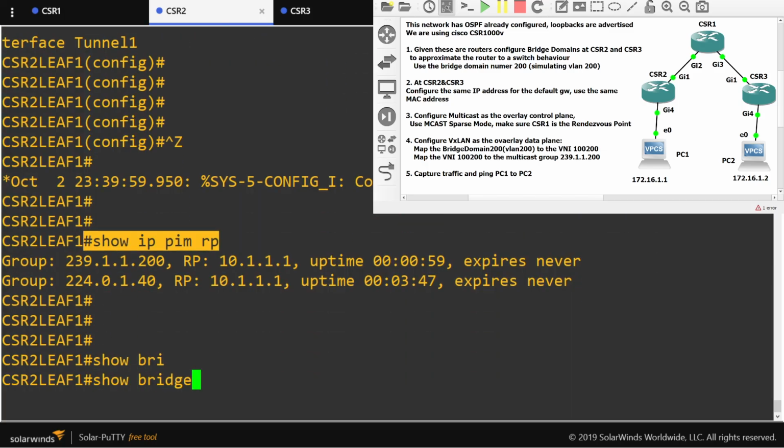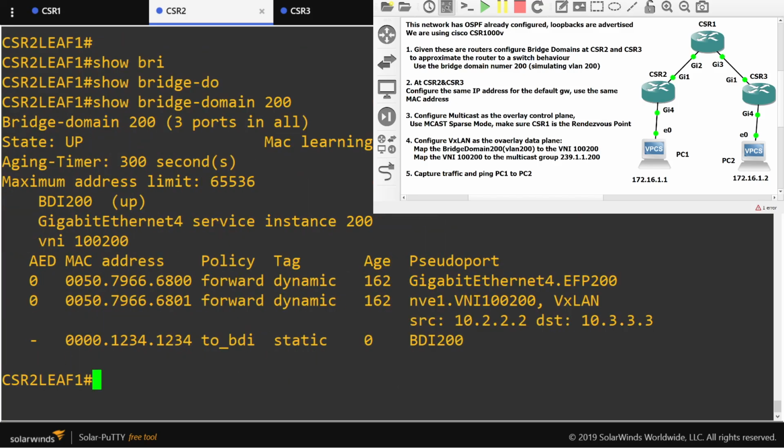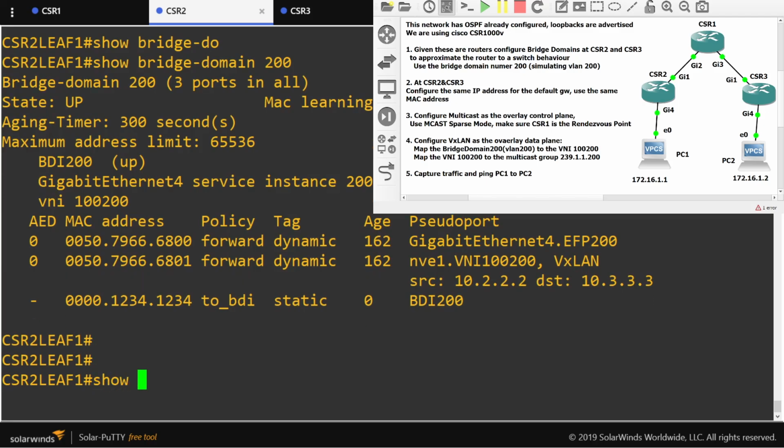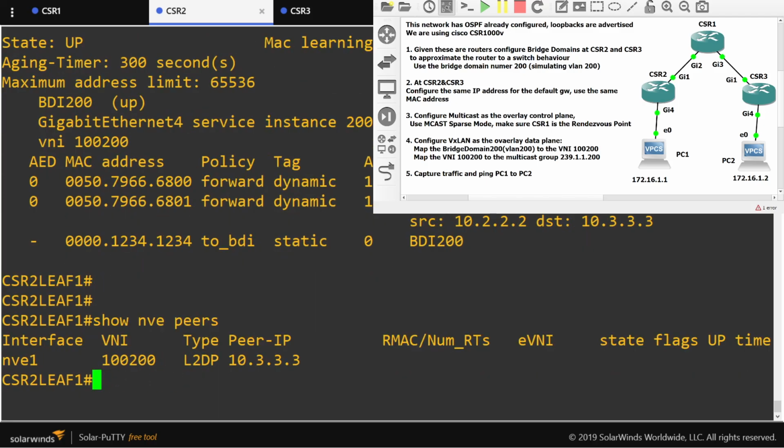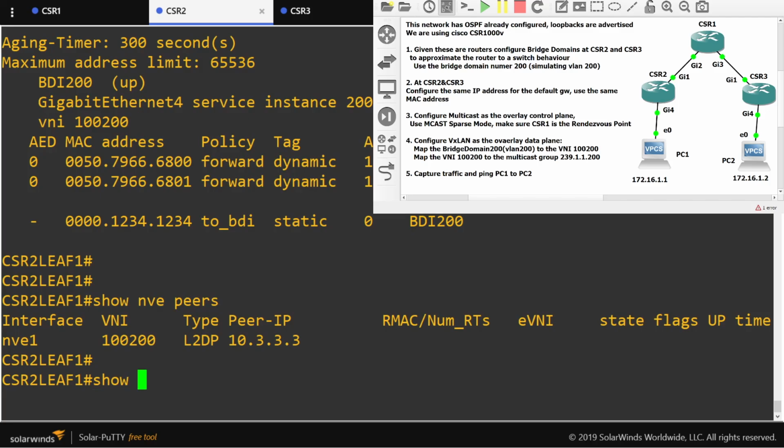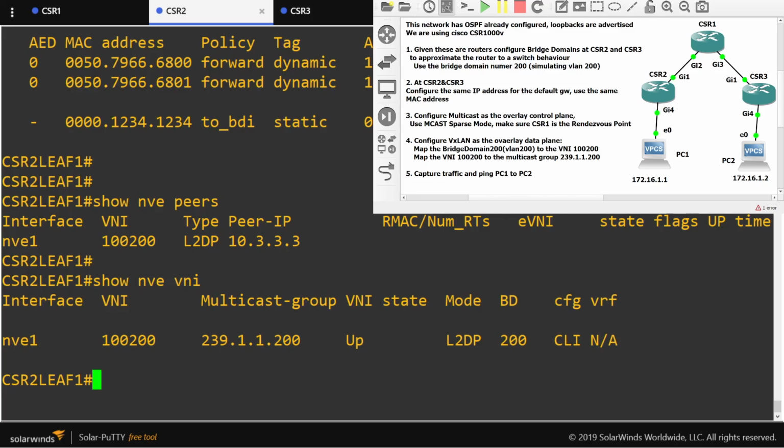Show bridge domain 200. I can see the MAC address that is learned from Vxlan. In this case, it is learned from the VTEP 10.3.3.3. I can also do show NVE peers. So this is the other VTEP. For instance, I can do show NVE VNI. Okay, I can see the VNI 100, 200 is mapped into this multicast